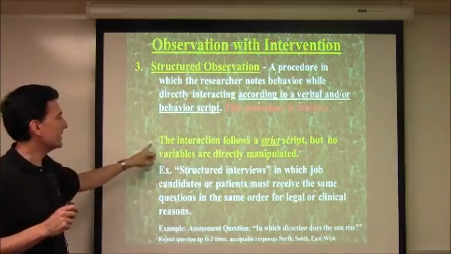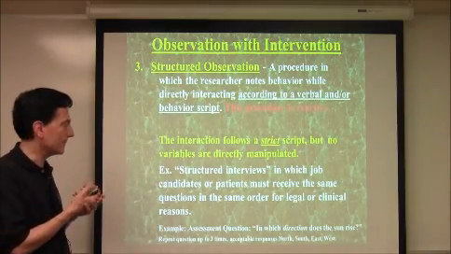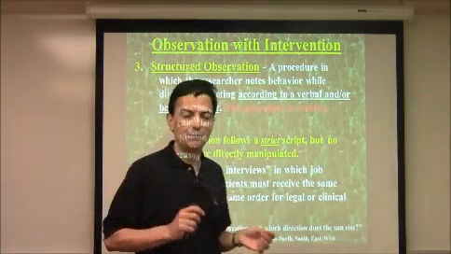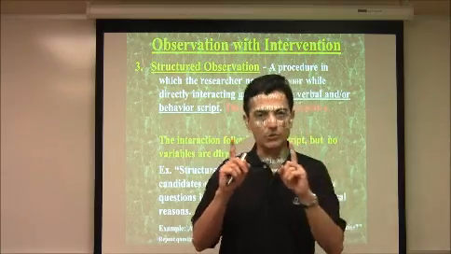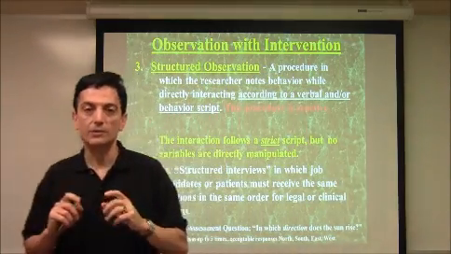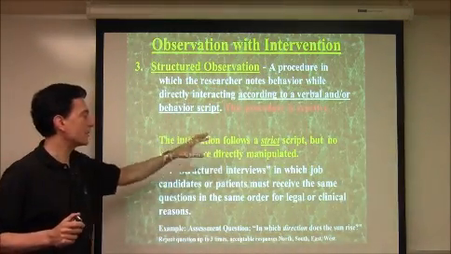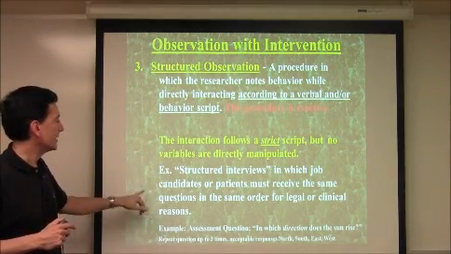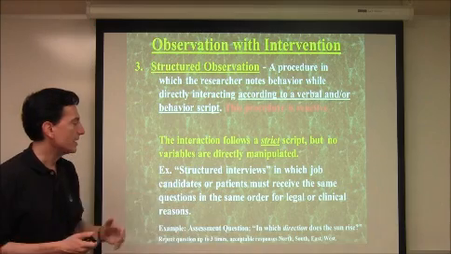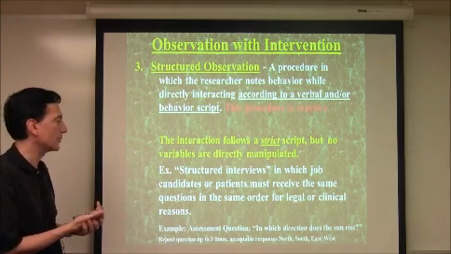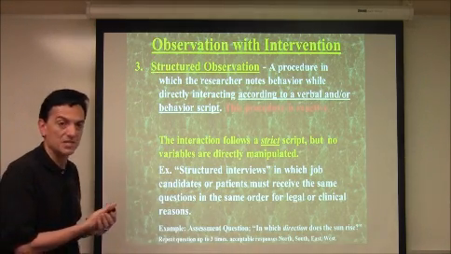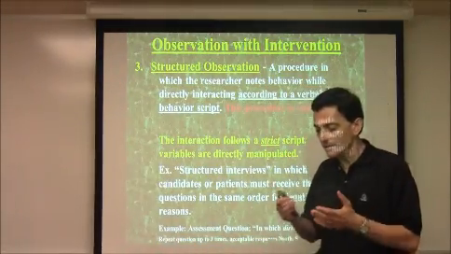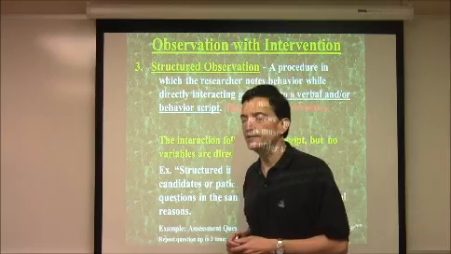Okay? The interaction follows a strict script in this case, but no variables are directly manipulated. So we still don't have an independent variable that would have at least two different values to it, two different levels, okay? But we do have a script that we're following. So here are a couple of examples. Structured interviews in which job candidates or patients must receive the same questions in the same order for legal or clinical reasons. If I can elaborate on that just a little bit further, here at Denison University, we interview faculty